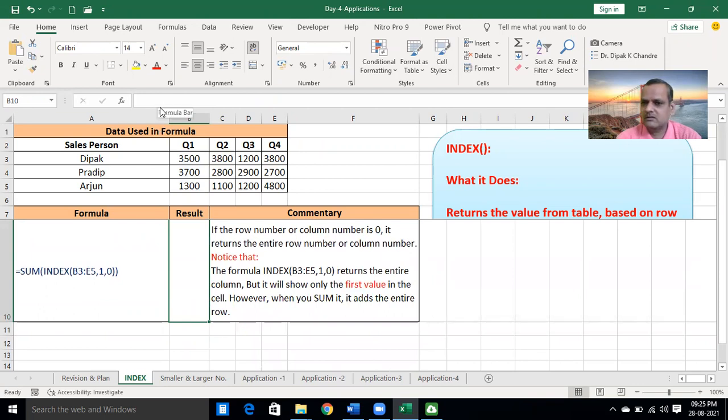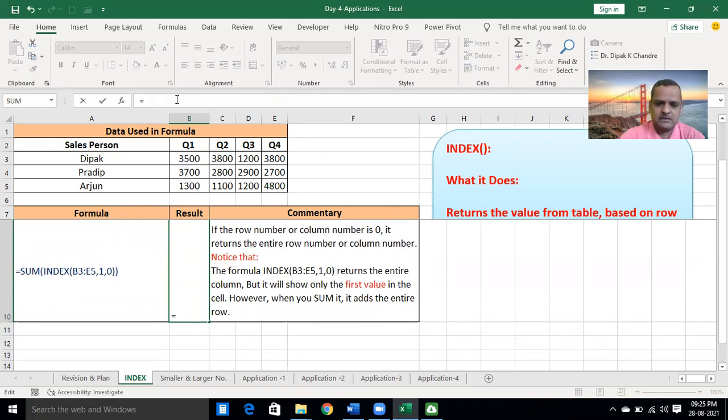Then the next formula function is index. Yes, sir. Okay. Index B3 to E5. Then 1 represents the row number and for the column number I will write 0. Here the comment mentions that if the row number or column number is considered as 0, it returns the entire row or column.